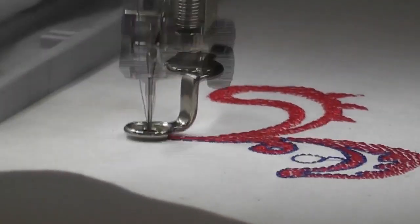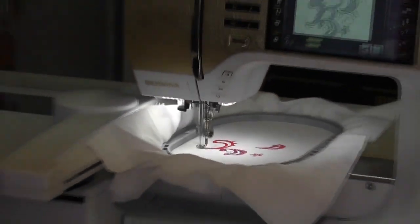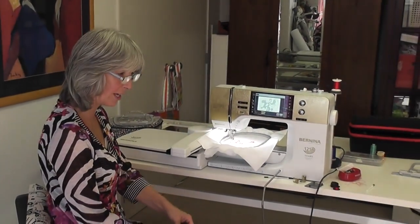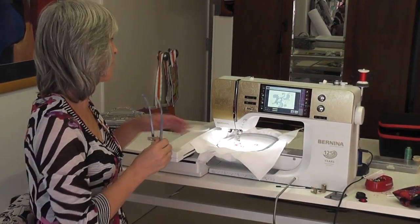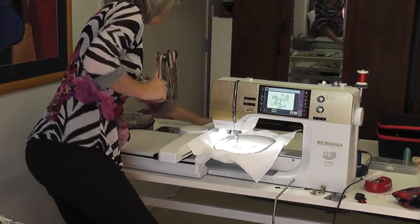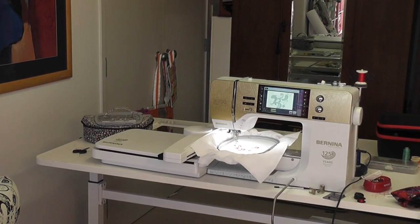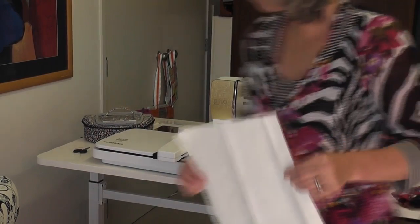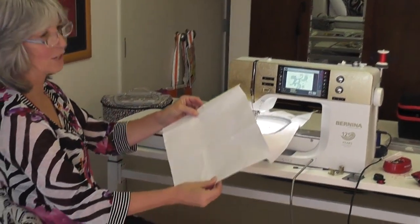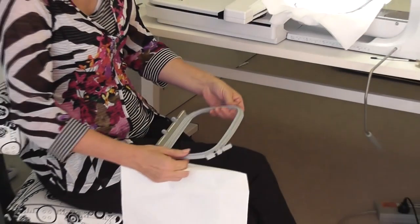And I'll tell you the best thing I've done. Every grandchild and extra that is in our family, they all get a towel with their name on it. Now when you're doing toweling, the toweling is too thick to go in the hoop. So what you do, you get this product here, and this is called Stick It All. And what you actually do, instead of putting your towel in the hoop, you put Stick It All in the